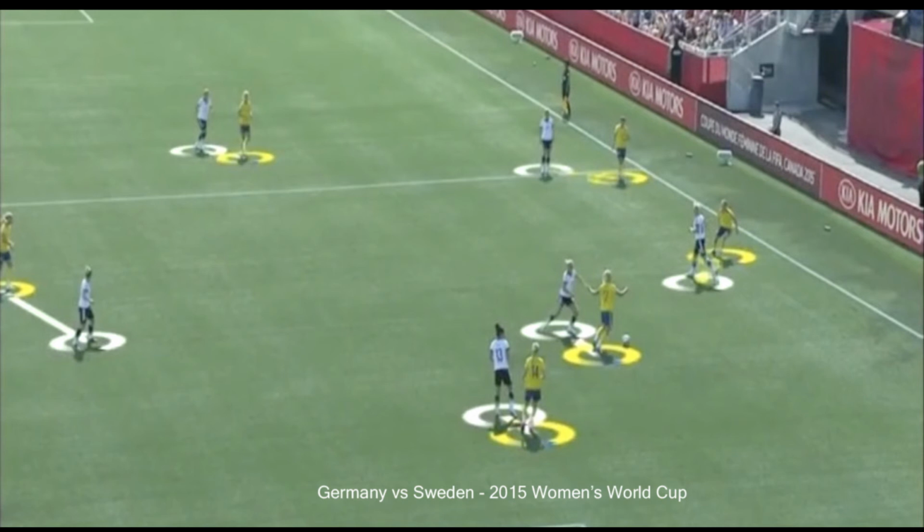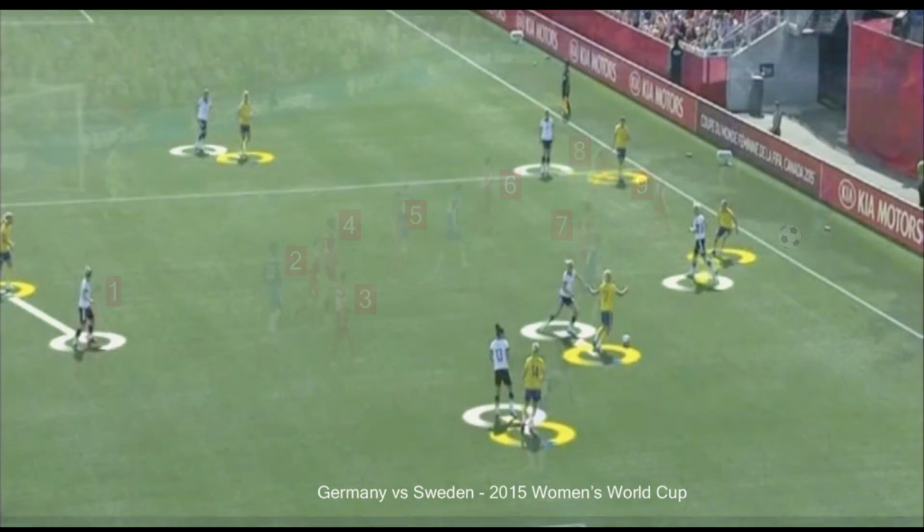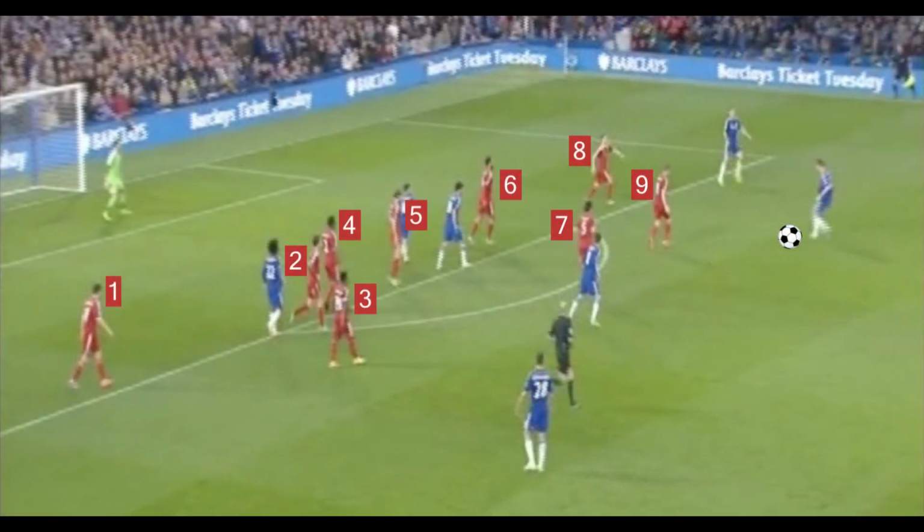This is the German team pressing the Swedish team in yellow and making sure that every single option is cut off. This is an immediate high press from the German team. But that press can come from anywhere on the field. And I used this clip in another video, but this is West Bromwich Albion against Chelsea a few years ago. Very comfortable to sit behind the ball and not really press Chelsea until they came into certain spaces. Here they were comfortable just to contain and stay in front, even this close to their own goal.